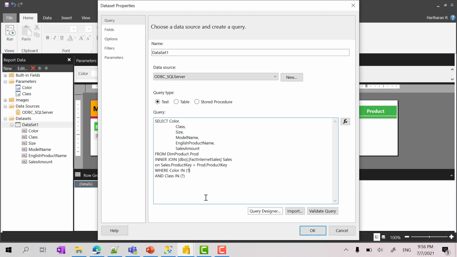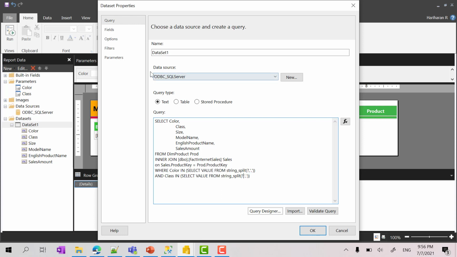Here, instead of the direct question mark, I need to place that whole function. Instead of the hard coded black and blue, I need to add a question mark. This question mark will be replaced with the user selection or user input. I have to do the same thing here: take out the hard coded value and put the question mark.